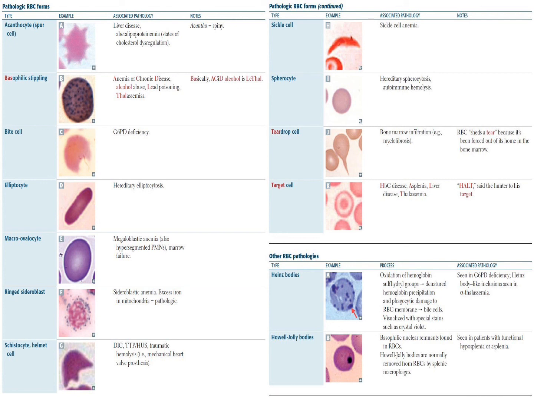And there is another typical shape of the RBCs, that is known as the teardrop cell, that you can see on the left side of the column, in the third figure. It is found in case of bone marrow infiltration, mostly in myelofibrosis. Then there is target cell shape of RBCs that can be seen in case of liver diseases, thalassemia, and so on. Others are somewhat not so common.